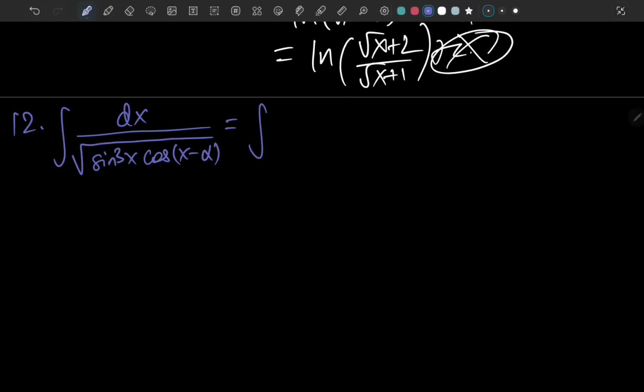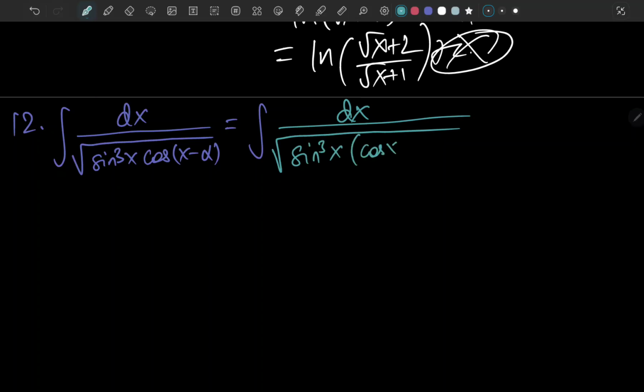So this becomes dx over square root of sine cubed of x times cosine of x times cosine of alpha plus sine of x times sine of alpha. This is the expansion of cosine of x minus alpha. So the integral becomes dx over